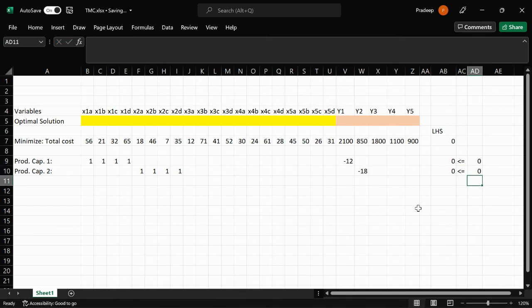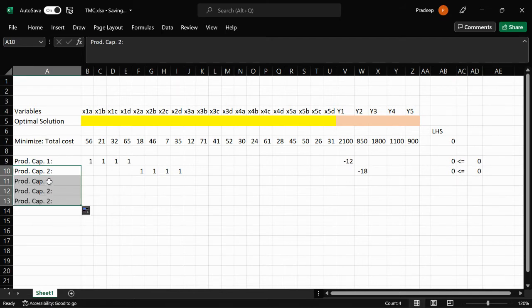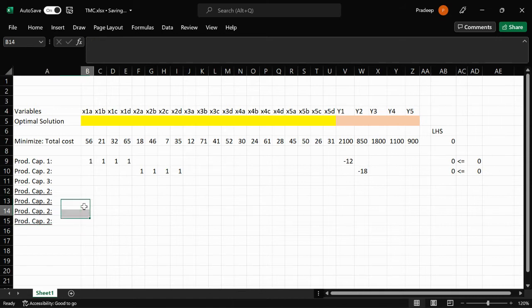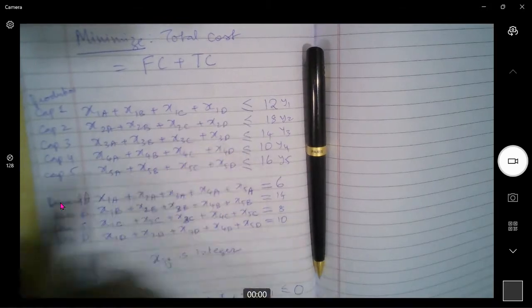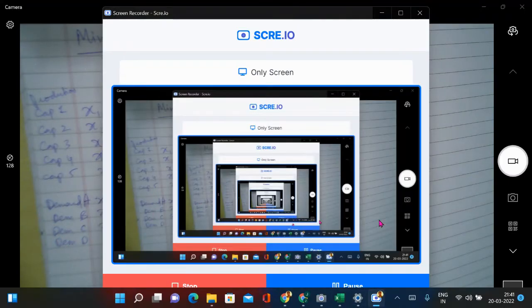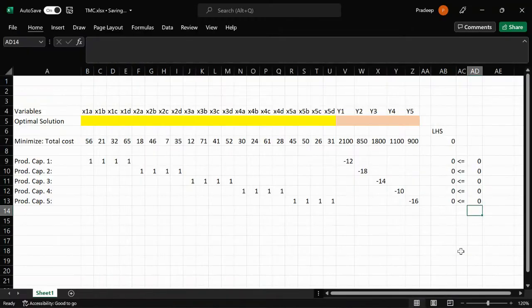So again I will pause and add these formulas for the other 3 plants, that is plant number 3, plant number 4, and plant number 5. Look at these equations, the same equations I am going to transfer to the Excel sheet. Okay, so let me pause the video now. So that's it. We got the production capacity equations defined for all the 5